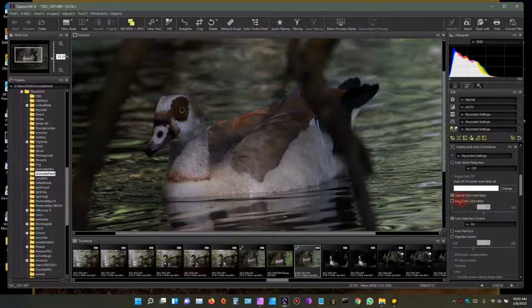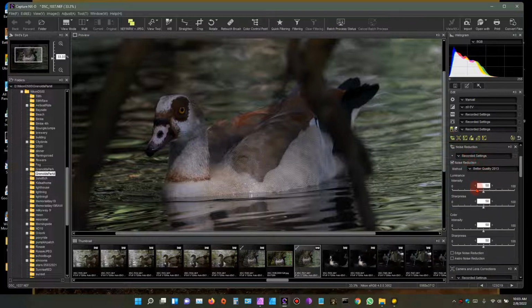Axial color aberration, lateral color aberration. Diffraction is automatically done by the software, virtually clear of any diffraction in this image. You have noise reduction, sharpness, edge, which I will apply the edge noise reduction to this. This is astro noise reduction. I use this for my